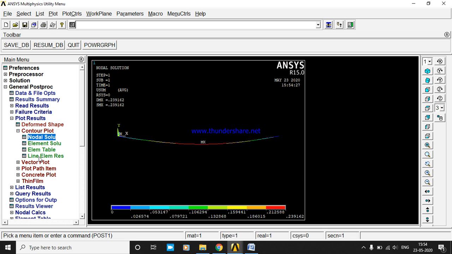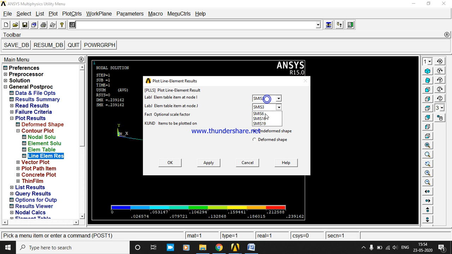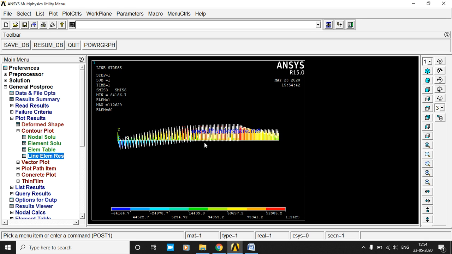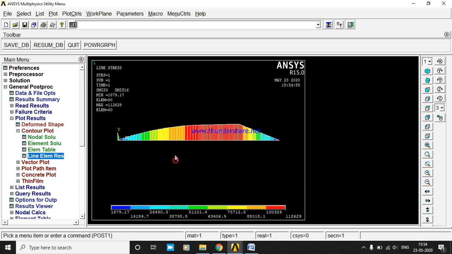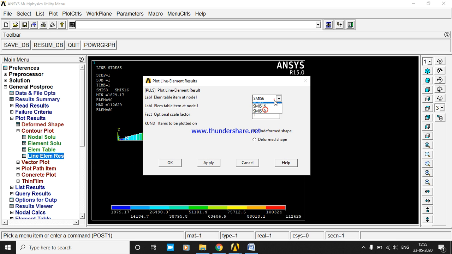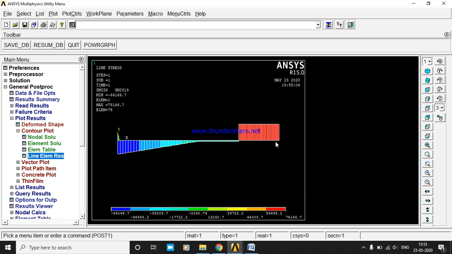Now we shall go for the SFD BMD element table. So 3, 6, this is a bending moment diagram. Sorry, not 3, 6, it is 3, 16. This is the bending moment diagram. And 6, 19 is a combination; 3, 16 and 6, 19 give the shear force and bending moment diagram. Fine. So this is how we need to calculate for the varying load.